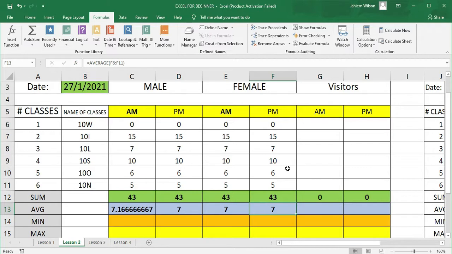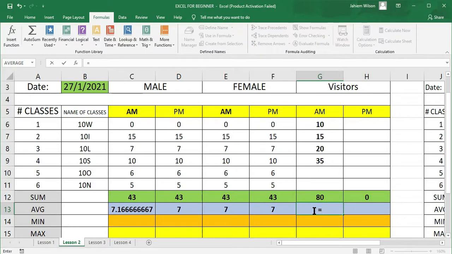Now another way we could have done that, let me just copy this here. I will just put some numbers here. Let me put in 10, and we are going to put in 15, and we are going to be putting in 20, and we could put in probably 35. Alright, so we want to find the average of this. We could just click there, and we are going to put in the equal sign first to indicate we're going to be carrying out an operation, and then we're going to be typing in the word average,